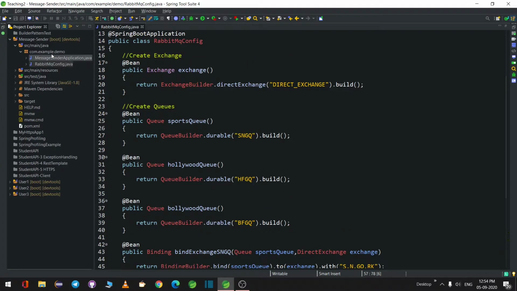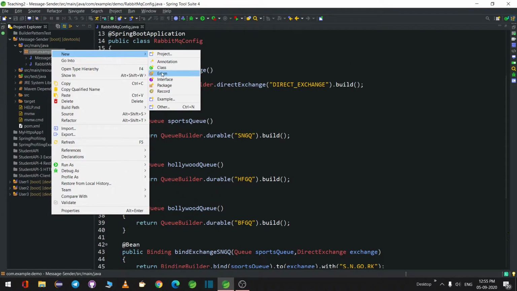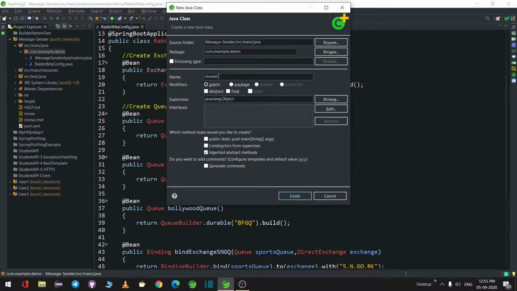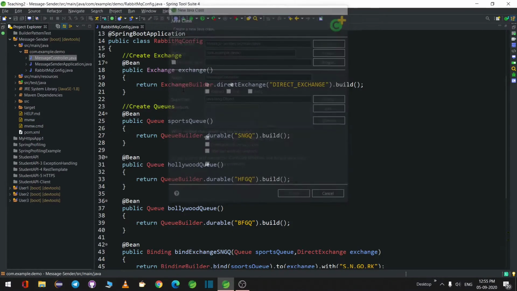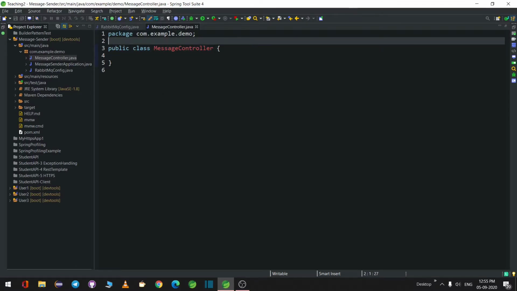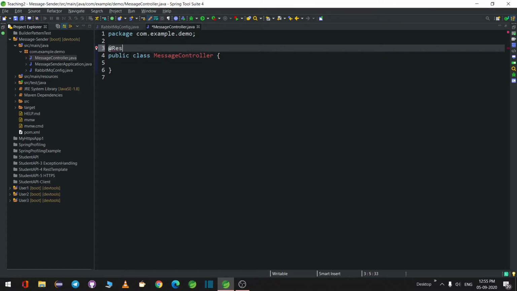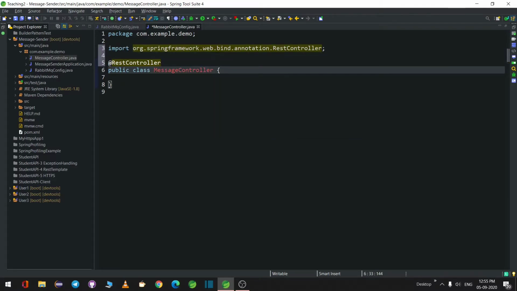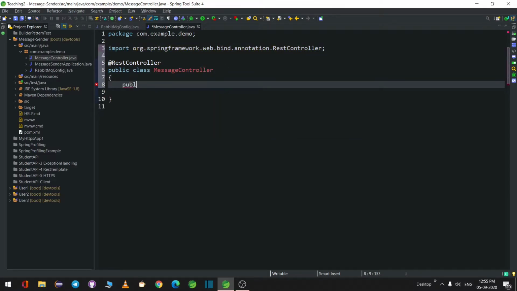To do that, I'll write one controller class, home controller or message controller. This is a simple REST controller. Hope you know how to create a REST controller. So just one method, public void send message.